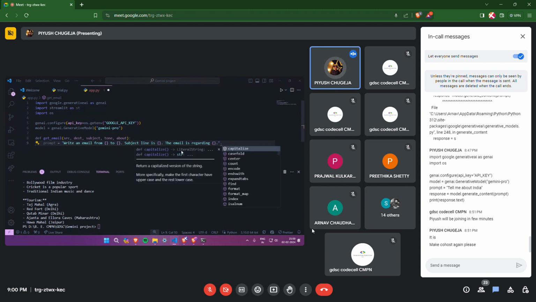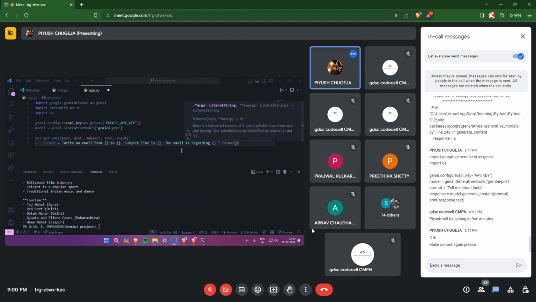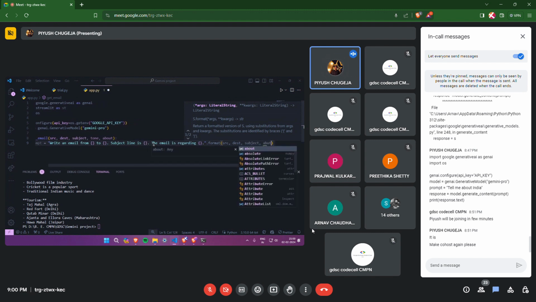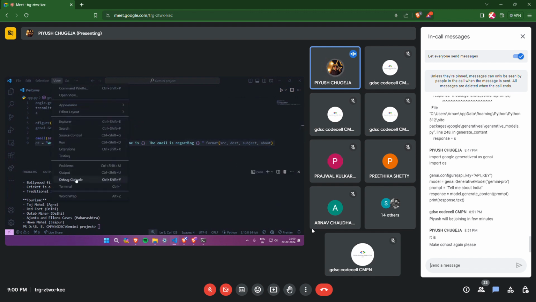After this, we'll call the format function. All right. Format function में अभी हम डालेंगे कि ये, just a second. Yeah. फॉर्मेट फंक्शन में हम उस ऑर्डर में वेरिएबल्स को कॉल करेंगे जो ऑर्डर में हमने यहाँ डालना है. हमें यहाँ इसकी जगह हमें एसआरसी डालना है. विल टाइप एसआरसी. ये वाले ब्रैकेट्स की जगह हमें डालना है डेस्टिनेशन. विल टाइप डेस्टिनेशन. ये वाले ब्रैकेट की जगह हमें डालना है सब्जेक्ट. विल टाइप सब्जेक्ट. ये वाले ब्रैकेट की जगह हमें डालना है अबाउट. बिल्कुल अबाउट. करेक्ट. And if you're having trouble viewing this, second, yeah.